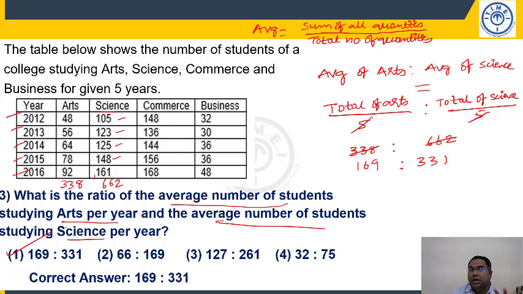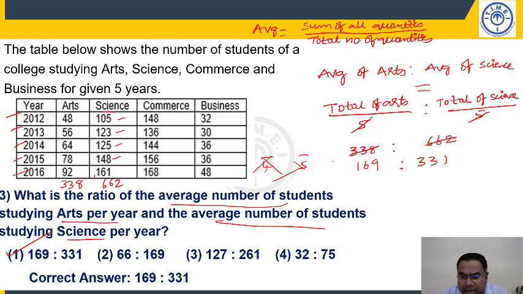You have to be careful when the number of years are different. Maybe tomorrow in the exam he will say average number of students of arts per year for the first 4 years, and average number of students for science for all the years. Then here science will be divided by 5, arts will be divided by 4. Sometimes he is asking for the total number of years, so the 5 years I am cancelling. But tomorrow for one subject he will ask for 3 years, for the other subject 4 years. There, divided by 3 and divided by 4 should be there. Average definitely will depend on those values. Right, here both the subjects I am calculating for the same number of years, so it will be nullified.